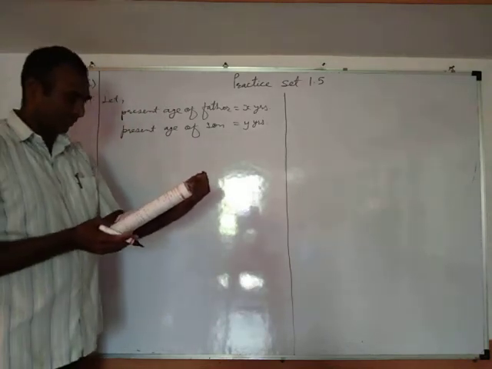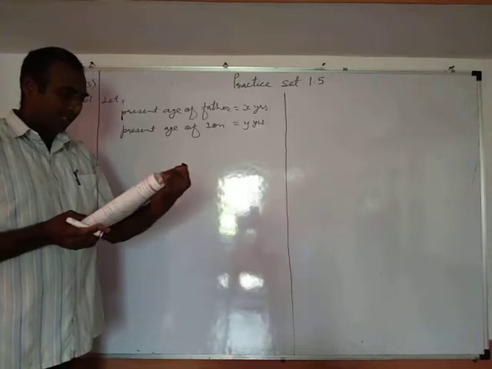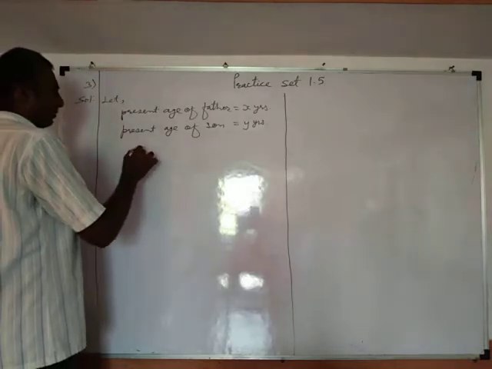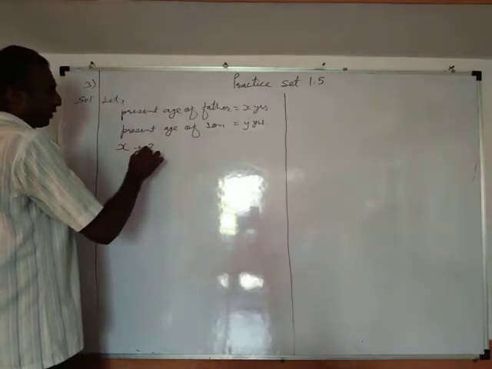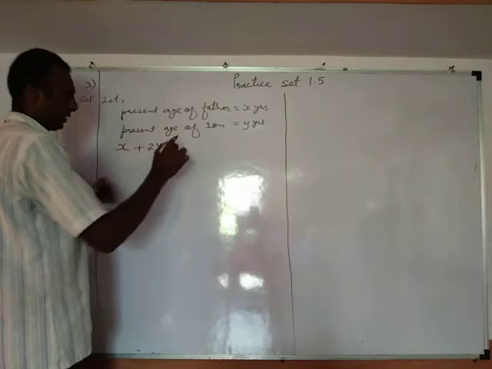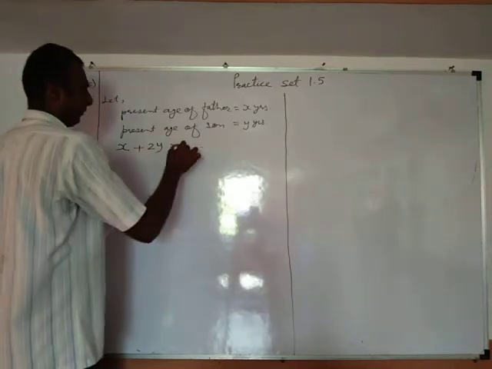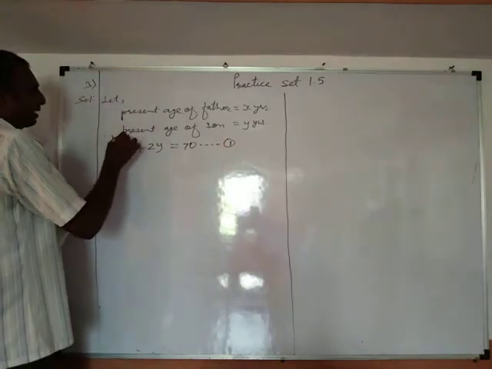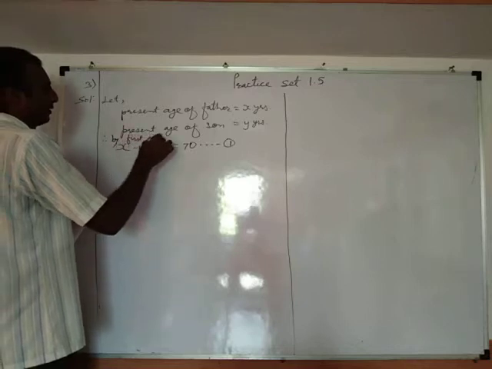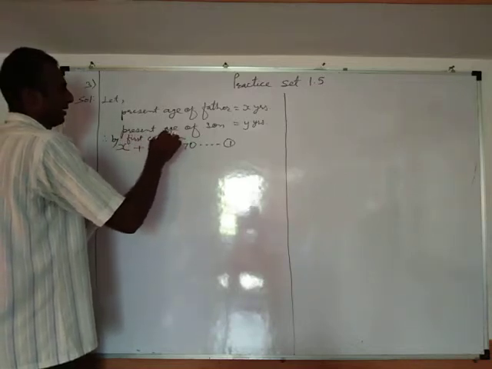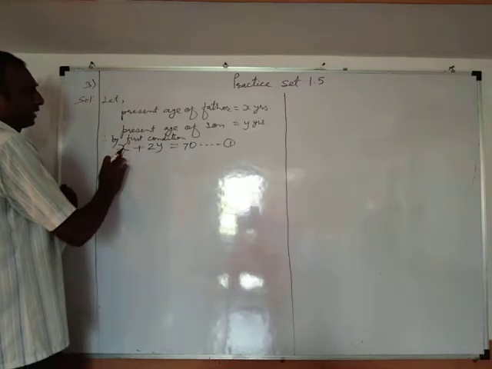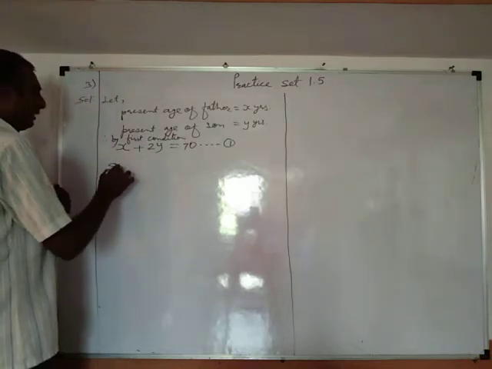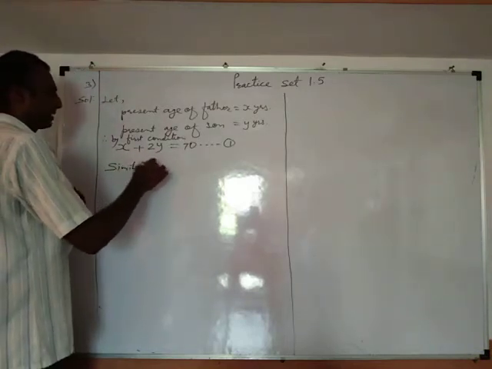Now what it tells us? The sum of father's age and twice the age of his son is 70. The sum of father's age and twice of his son's age is equals 70. Okay, this is first equation. Therefore, by first condition, sum of age of father and twice of son is 70. Similarly, by second condition,